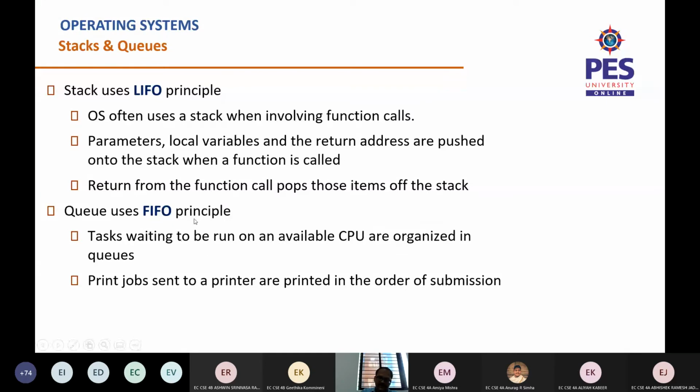Once that printing job is taken out, then the second document which you tried to print is picked up, and so on. So all those printing jobs are formed in the form of a queue, and accordingly they are printed. So this is working on a FIFO principle.